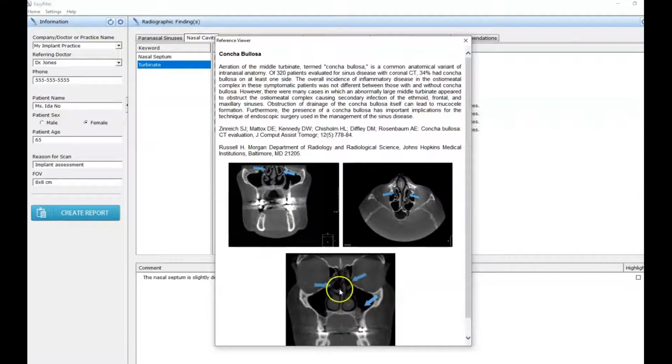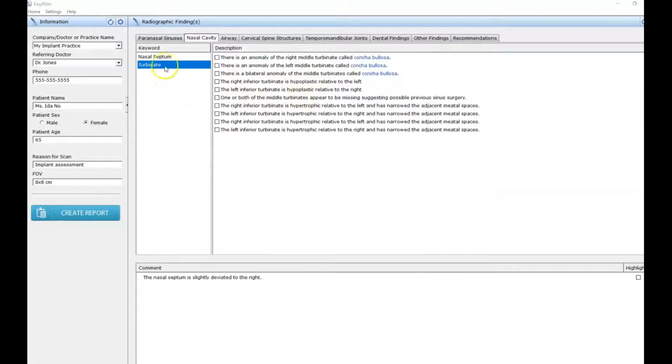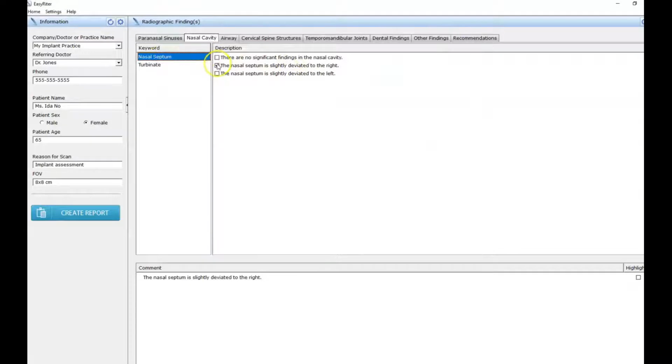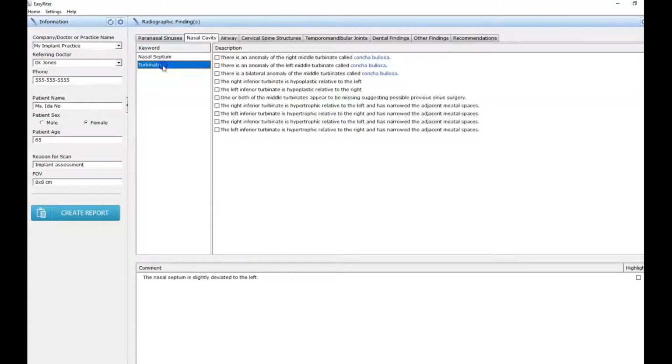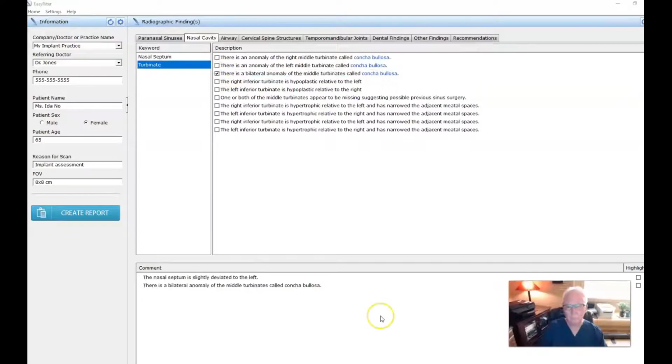In the bottom image, you can see two radiolucent areas within the middle turbinates, one larger than the other. The one on the patient's right side is large. We call this a bulbous variant, and it has actually deviated the nasal septum towards the left. So you go, oh yeah, okay, nasal septum was deviated, oh, it was to the left, and the turbinates were bilateral. So the reason for the deviation is probably this anomaly of the concha bullosa in the patient's right middle